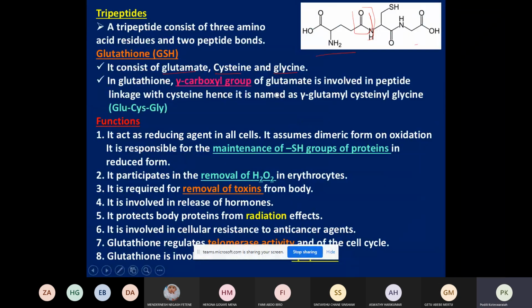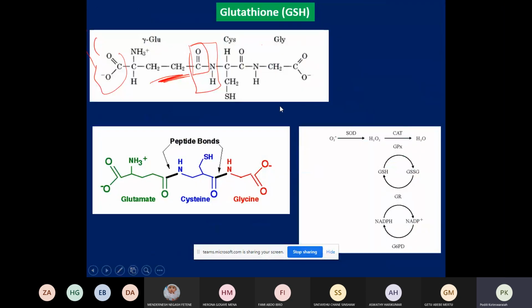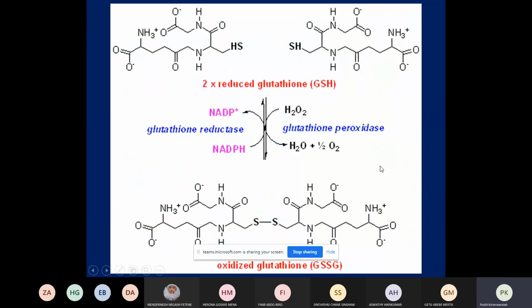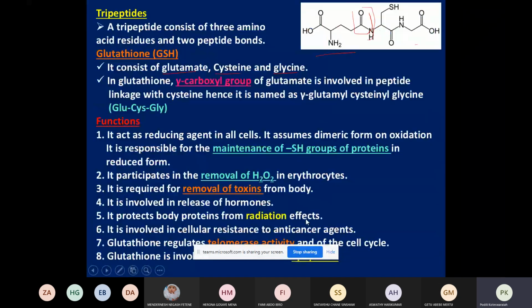This is cysteine, and this is the glycine, and glutathione has many functions. It acts as a reducing agent in the cell, and it assumes the dimeric form during oxidation. You can also see when it is oxidized. This is the GSH, the reduced form. When it is oxidized, it forms GSSG, that is, the oxidized form of glutathione, and this is responsible for keeping the cell in the